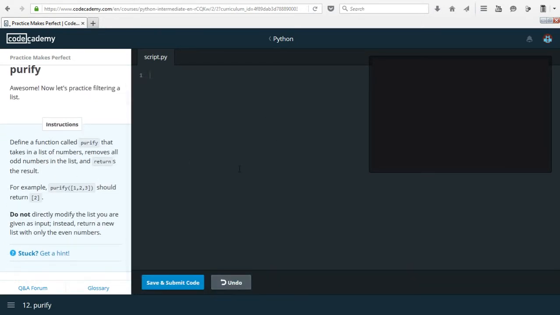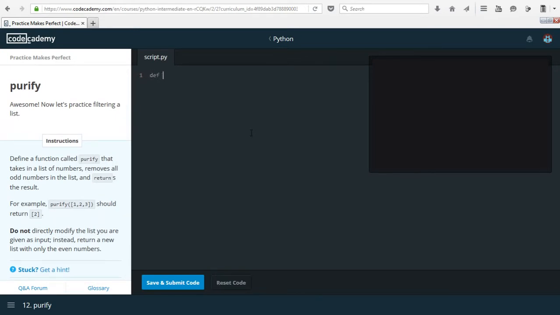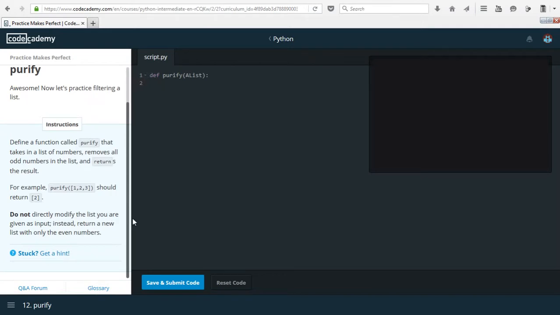Purify. Define a function called Purify that takes a list of numbers, removes all odd numbers in the list and returns the result. For example, Purify 1, 2, 3 should return 2. So I will just call it a list. And then do not directly modify the list you're given as input, instead return a new list with only the even